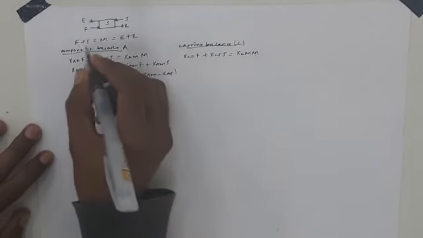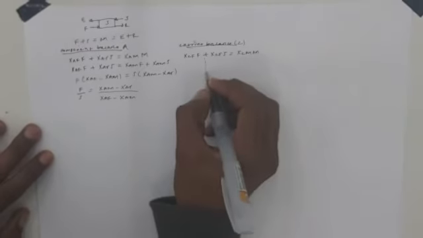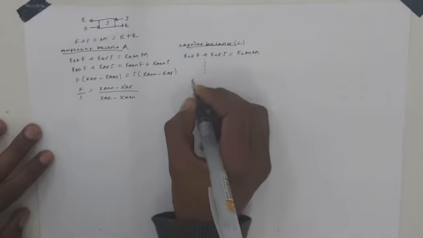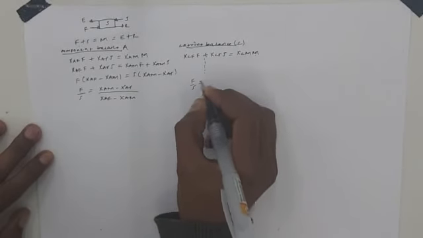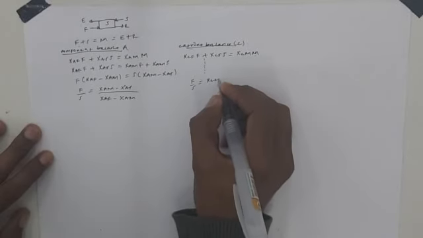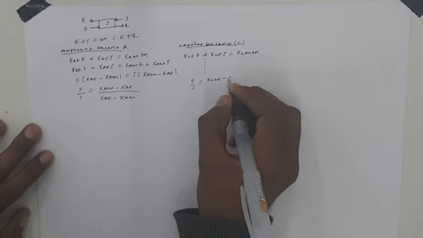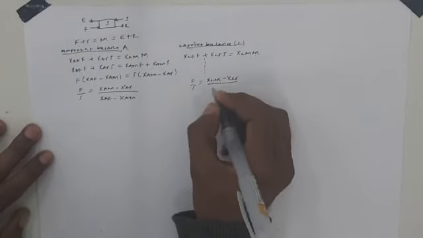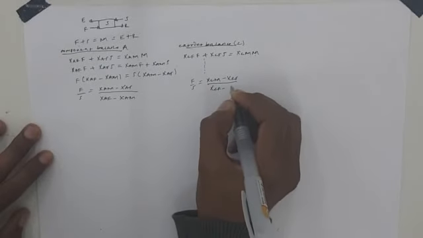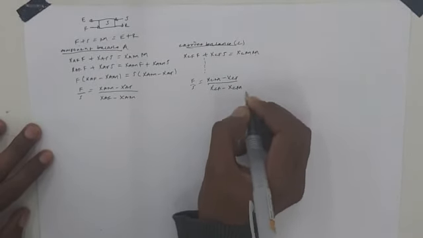So our mixture will be F plus S. So if we do the same thing for the ratio F over S, we will have XCM minus XCS over XCF minus XCM. Then if we